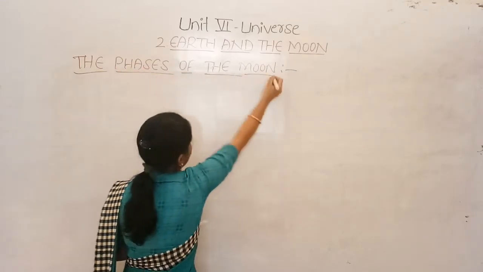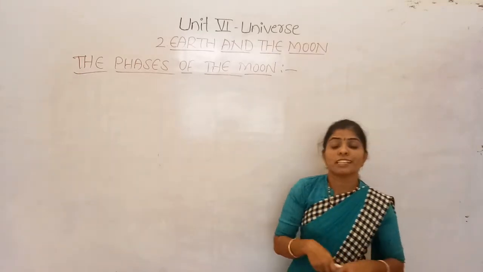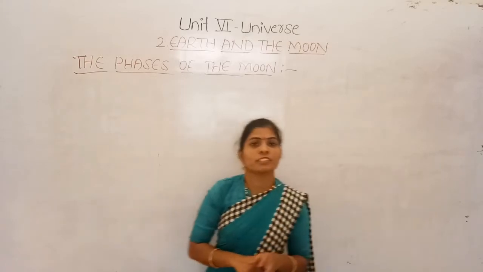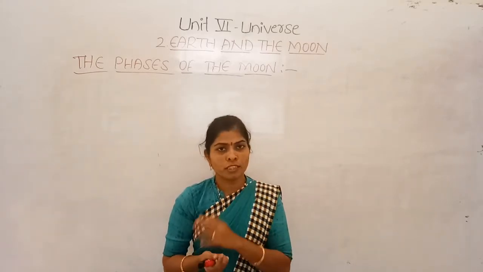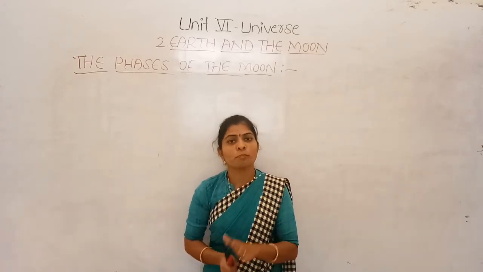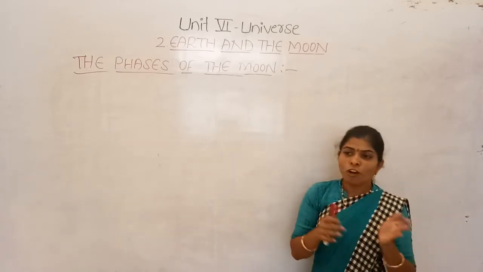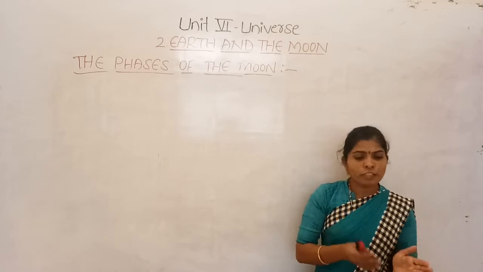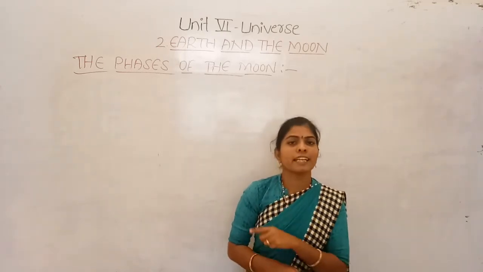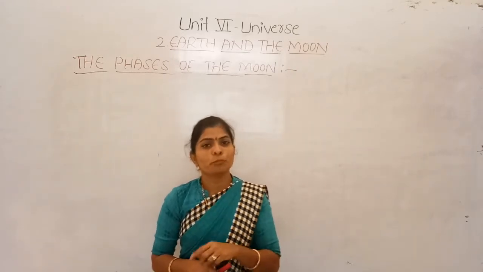So in the first class, means in yesterday's class, what I said was to observe the night sky, and you have to concentrate on the shapes of the moon. Okay, so are you doing this? Hope you all are doing, because these are all very interesting. So when you observe the shapes, they go on changing, and this is because of the revolution of the earth as well as the revolution of the moon.